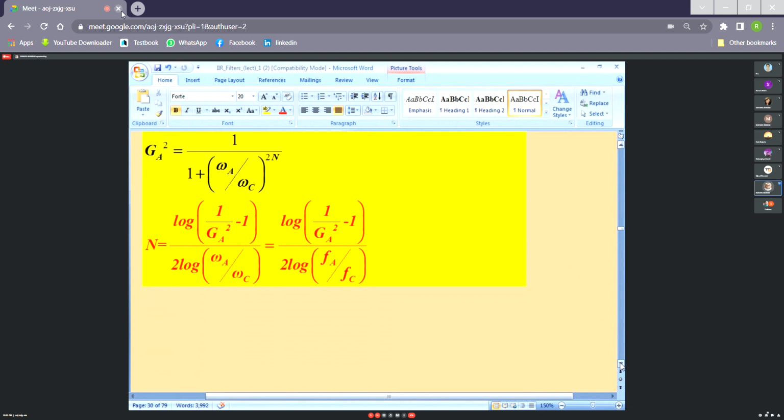This is how to determine the order of the filter. But the specification can also be given in a different manner. Without specifying the cutoff frequency straightaway, you may be given information about the gain at a particular frequency omega equal to omega A and the gain at some other frequency omega equal to omega B. So in that